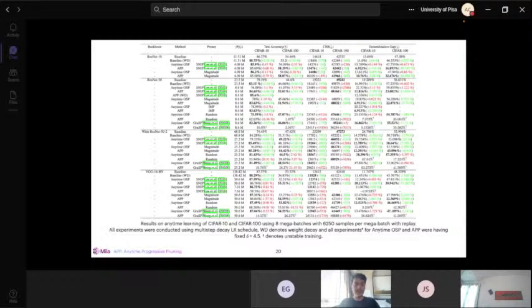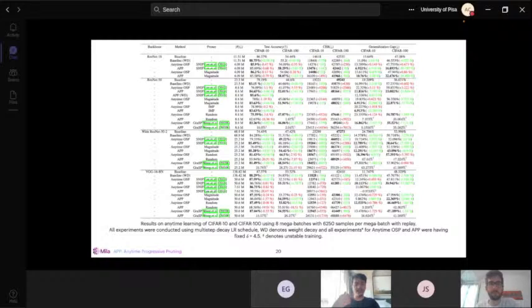This is a pretty overwhelming table. I can understand, we trained a lot of models for this work. But let me highlight a few of them. So as you can see, we have three fundamental metrics: test accuracy, which is the final accuracy after training on the whole stream, then the cumulative error rate, which I defined earlier, and the generalization gap.